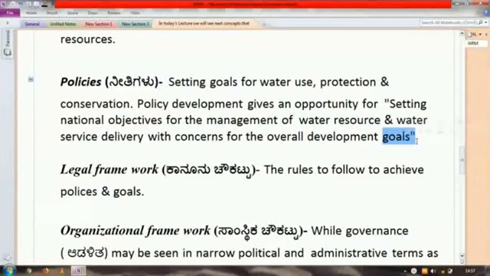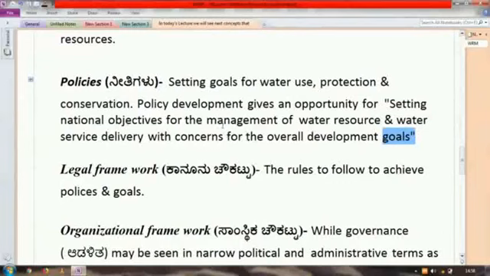Here, the first condition for the successful implementation of plans and policies is to have an enabling environment. There must be national, provincial, and local policies, legislation, and institutions that make it possible for the desired decisions to be taken and implemented. The role of the government is crucial. The reasons for governmental investment are listed here. So in the policies, whatever rules and regulations are made should be followed properly for the betterment of the water resource systems.